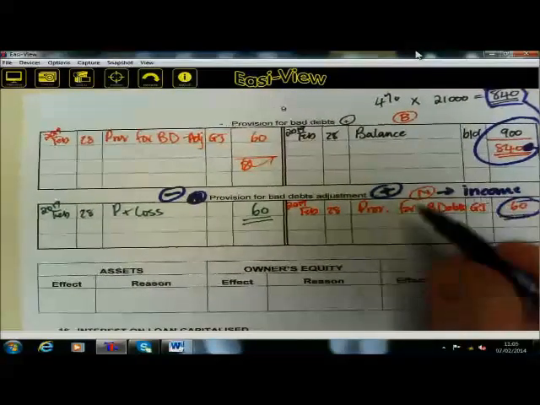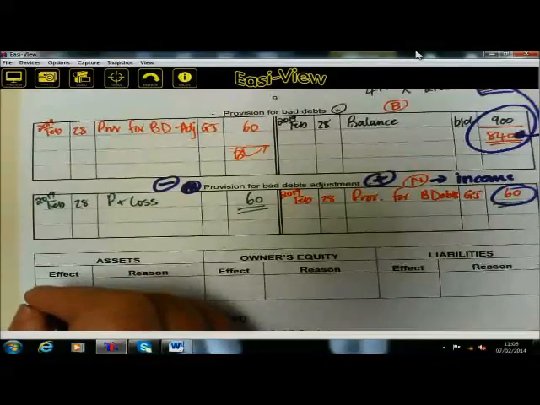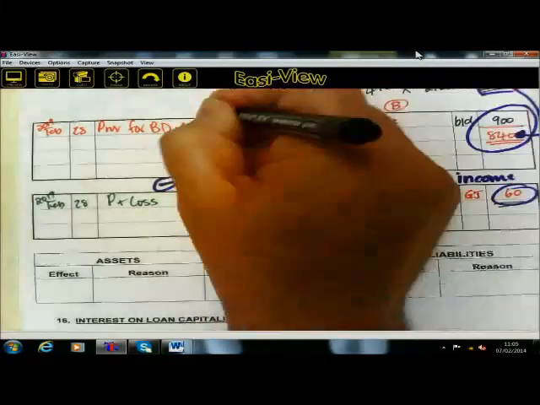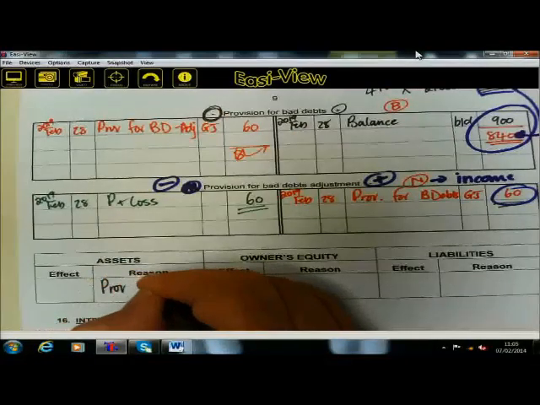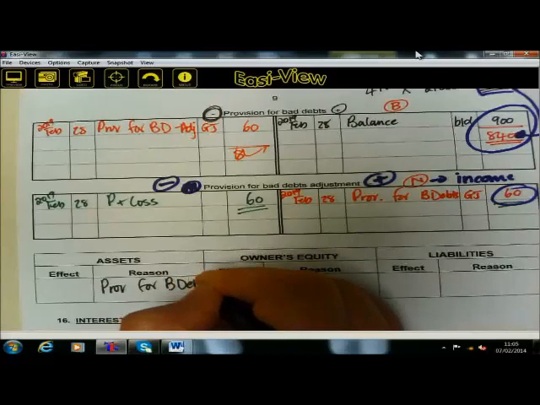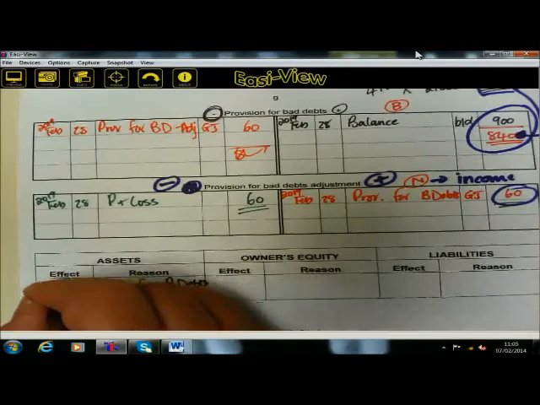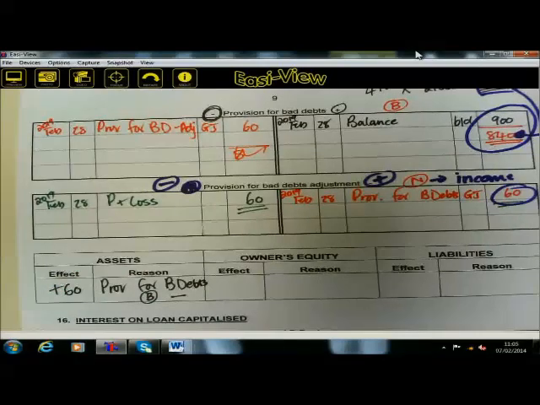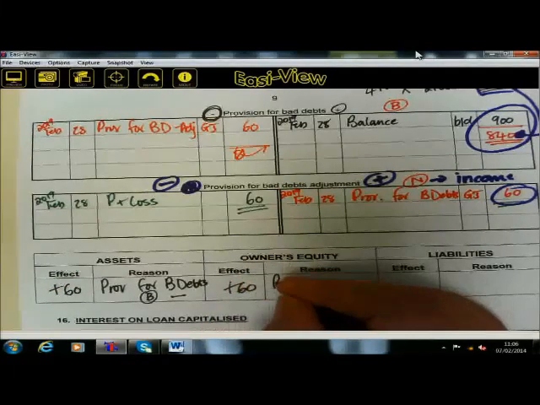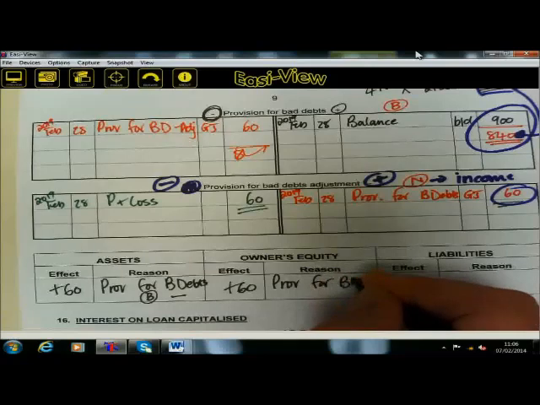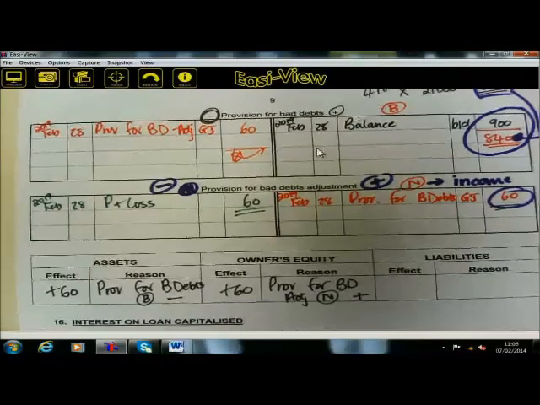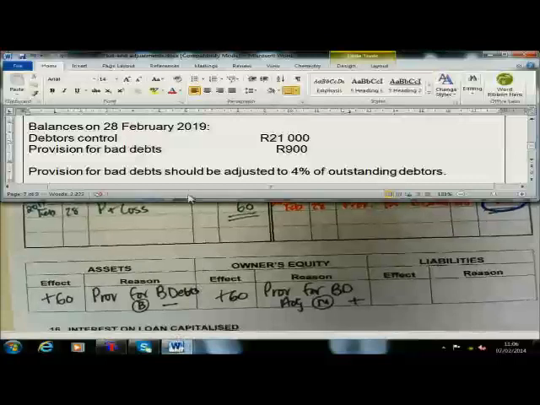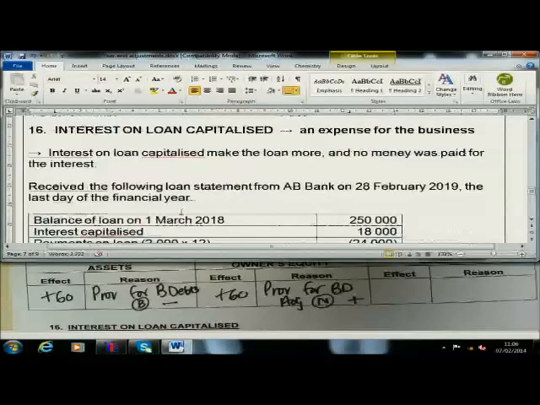Remember, this is a negative asset, so the negative asset becomes less. So if your provision for bad debts, the B account, becomes less, then there's a plus 60 there. There's also a plus 60 there because provision for bad debts adjustment, the nominal account, is an income for the business. I know that our time is almost over, but I've got 4 more to do, so let's quickly concentrate